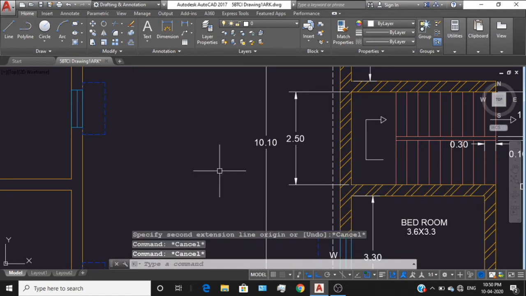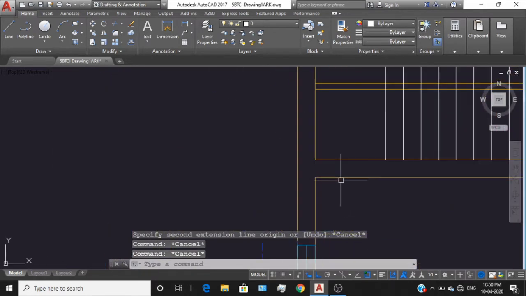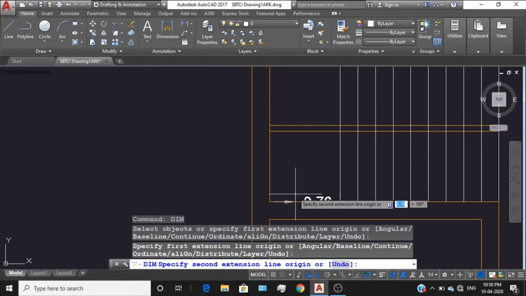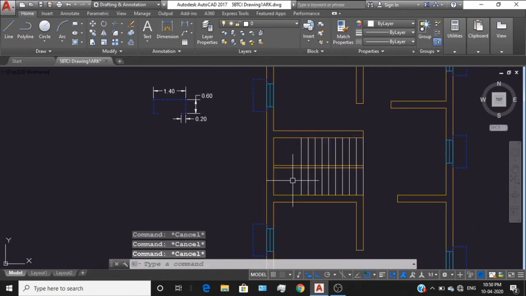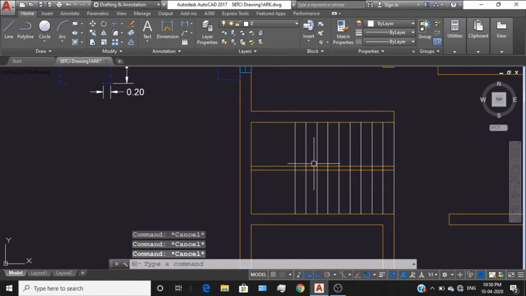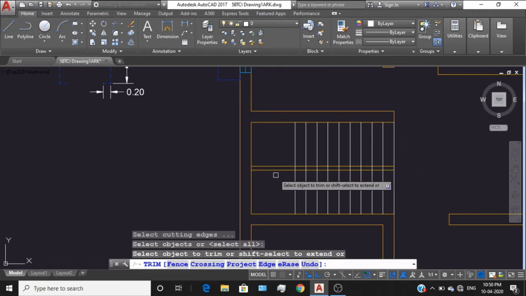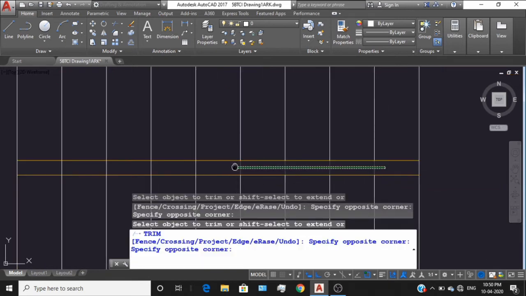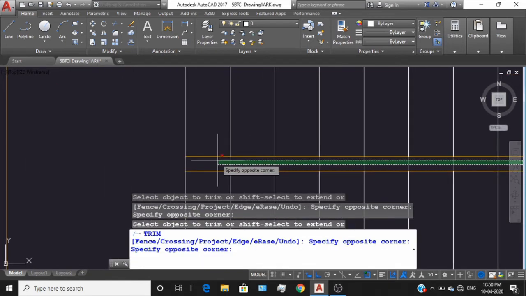It's 1.2 again. So we'll see DIM. Just by approximation, I did multiple offsets. It's correct, okay? Now what you need to do is trim the remaining lines, trim this, trim the middle lines also, till here.